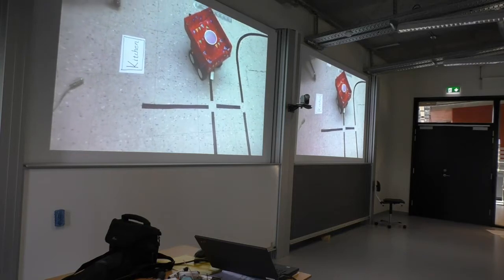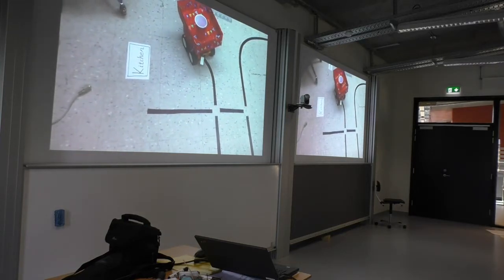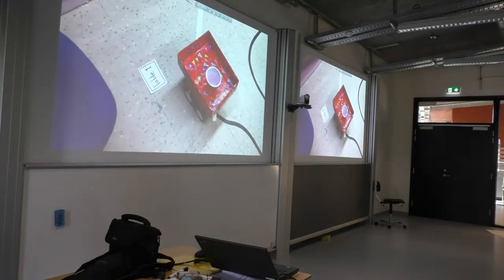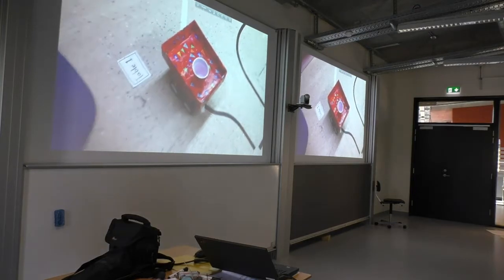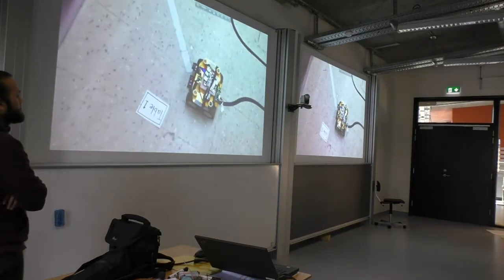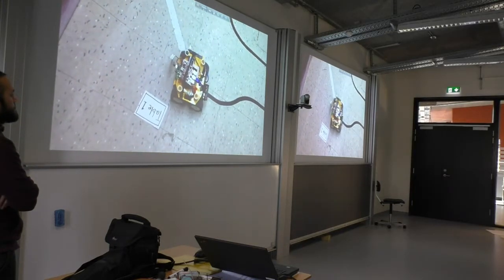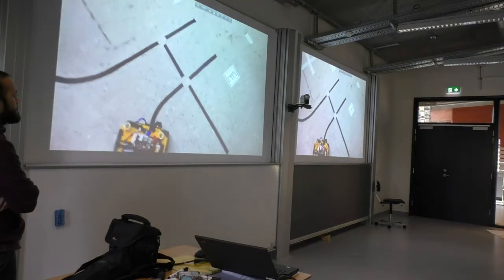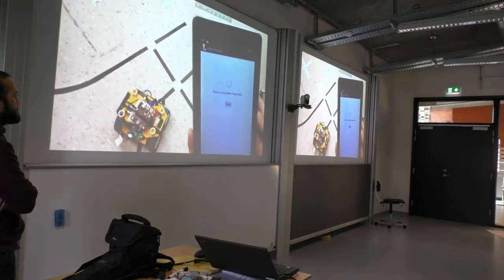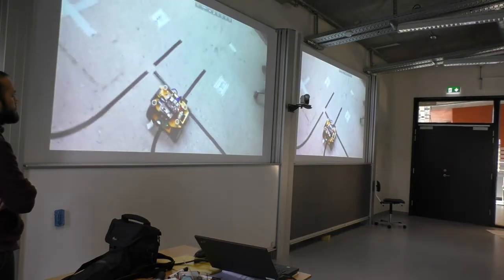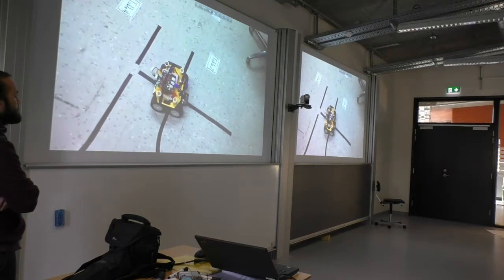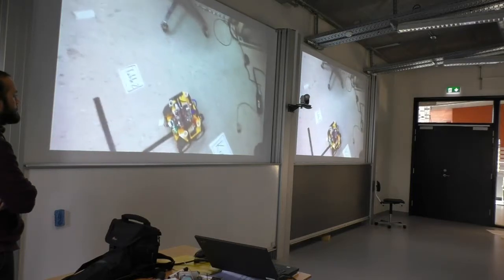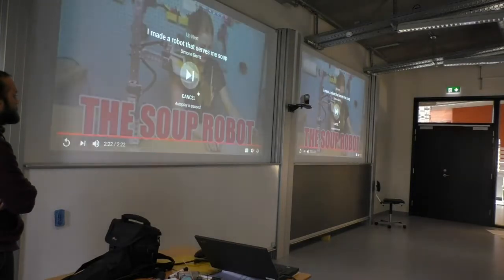And table number 1 has a curl pad. It's just to check the robot's ability to follow the line. Once it arrives, it will wait until the customer removes the tray again. Now I remove the food tray. And it will turn around and go back to the kitchen. As you can see, the app shows that the robot is not available right now. Now it's back to